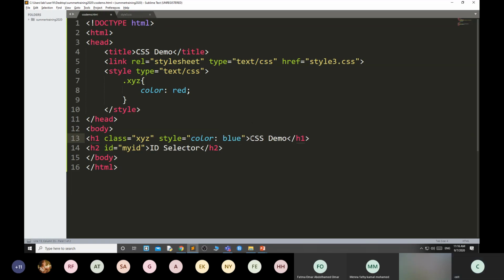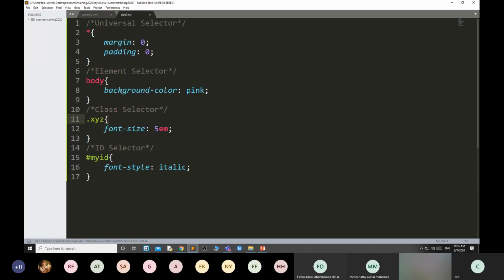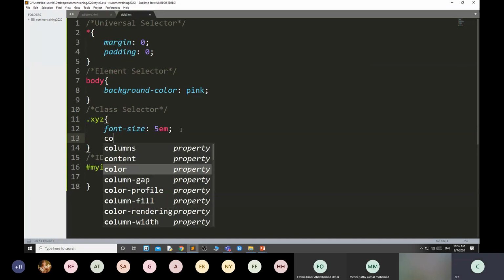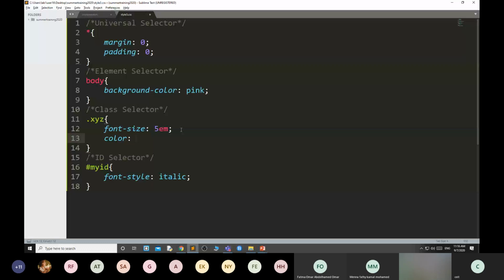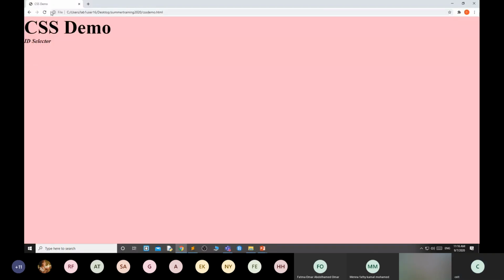Okay. And here I'm using color green. Okay. See what color it takes?